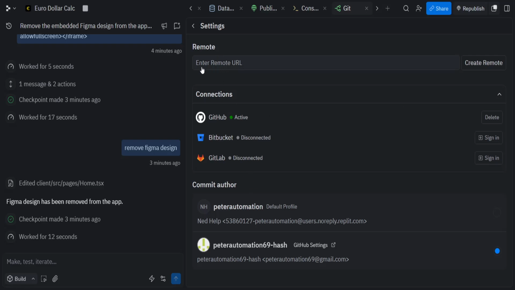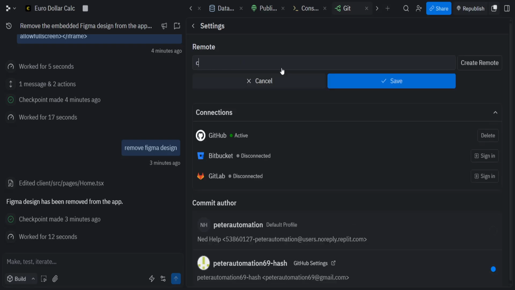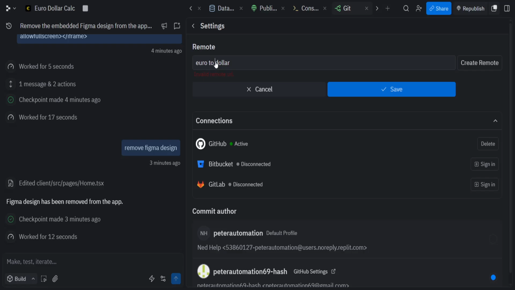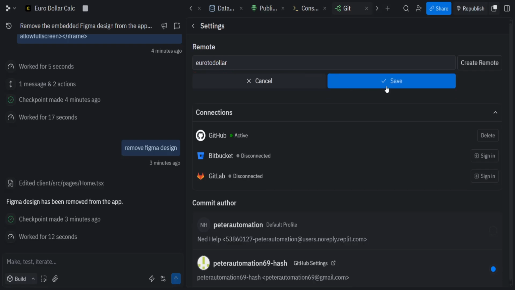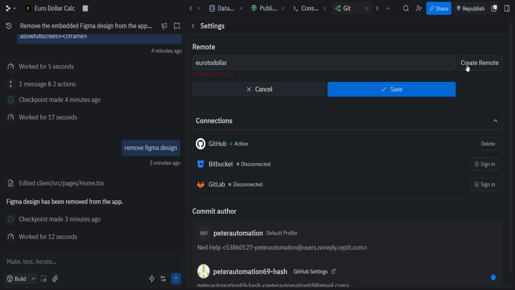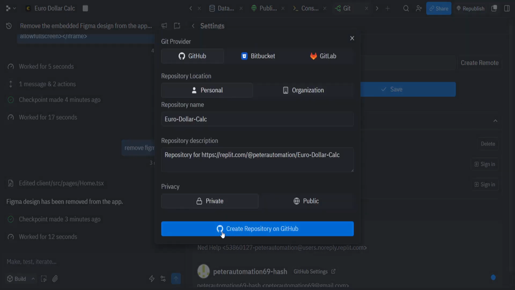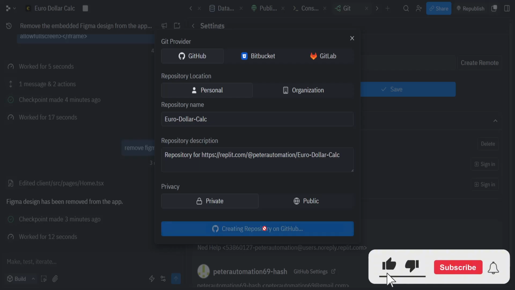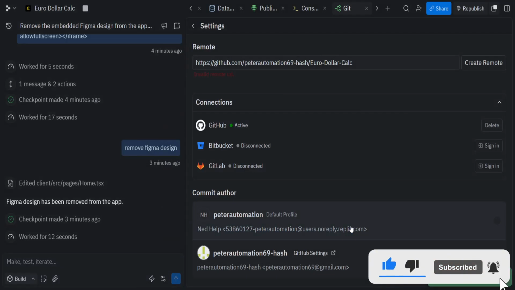Now we can create a remote URL. So what is going to be the name of this app? It is going to be Euro to $. Okay, save it. It needs to be one word actually. Okay, whatever, create remote, and you will click on create repository on GitHub, and that's how you can push your